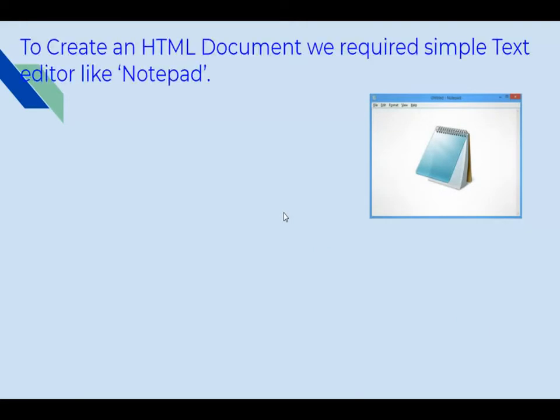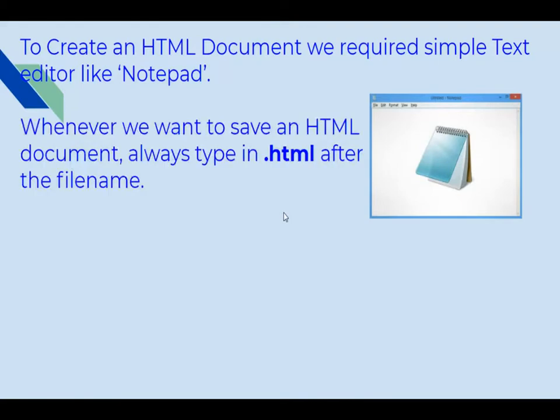To create an HTML document you need the Notepad program, a simple text editor, in which we will write. When your work is done, you have to save the file with the .html extension after the file name. If you do not put .html, it will be considered a simple text file and will not be displayed by the browser window.